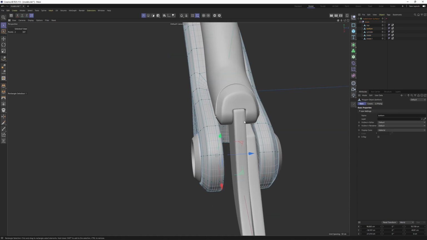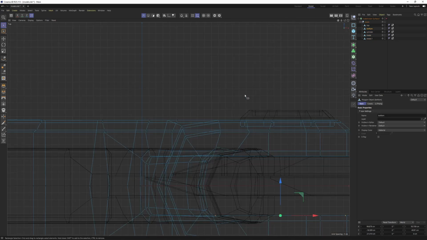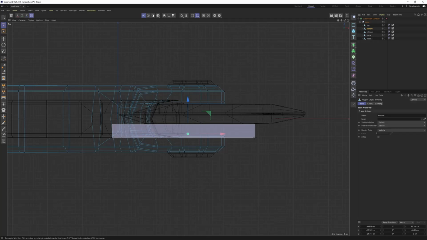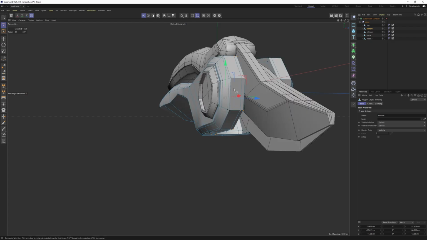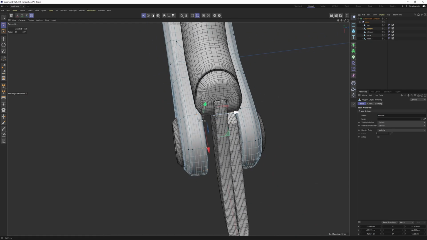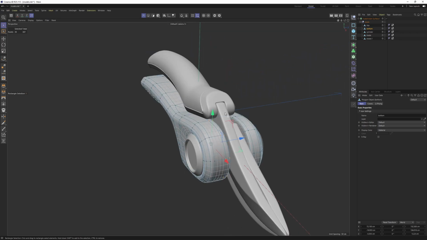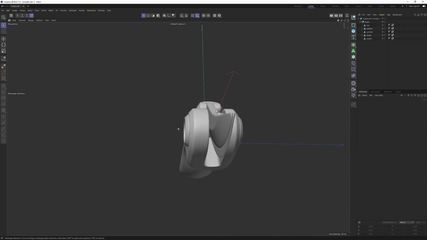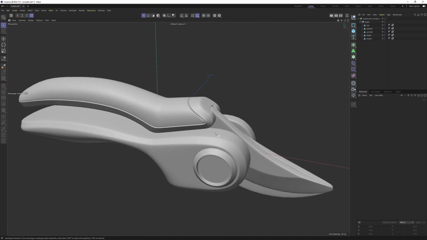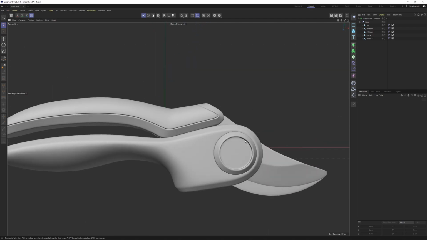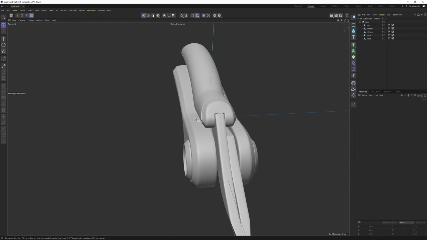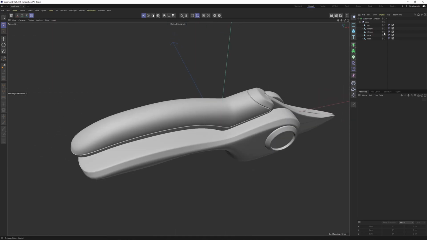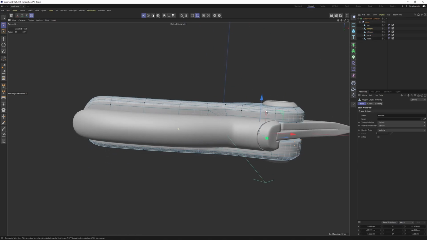So I should select these points. Yes, press Q. I'm gonna move them over here. As I said, I don't have much idea about the mechanism of the object. Judging from this view, I suppose it's supposed to be something like that. I don't know. Then let's